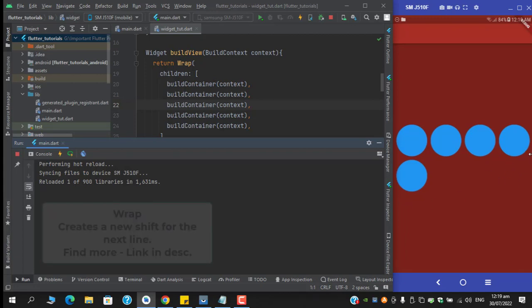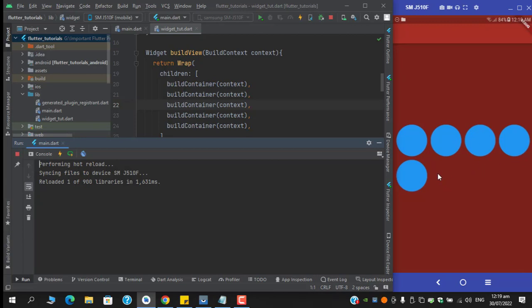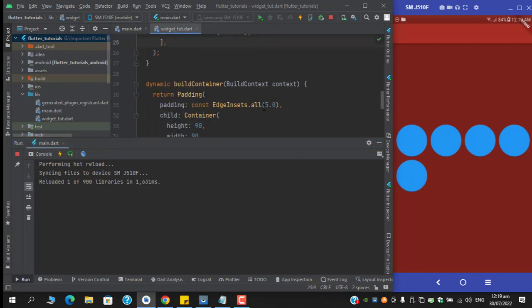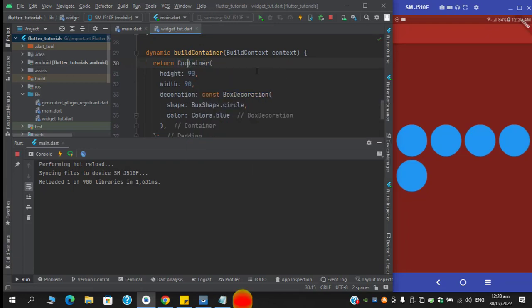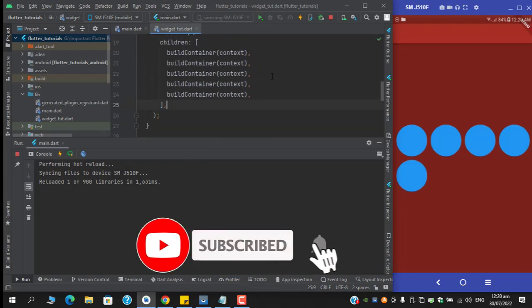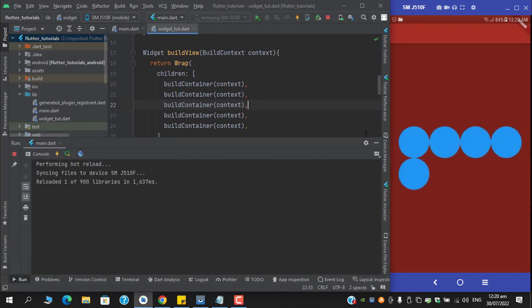When you don't have the space available on the device, it then adjusts the next widget to the next line. And let me just remove this padding so that we can play better with the wrap widget. If I hot reload now, you can see that there isn't any space available,